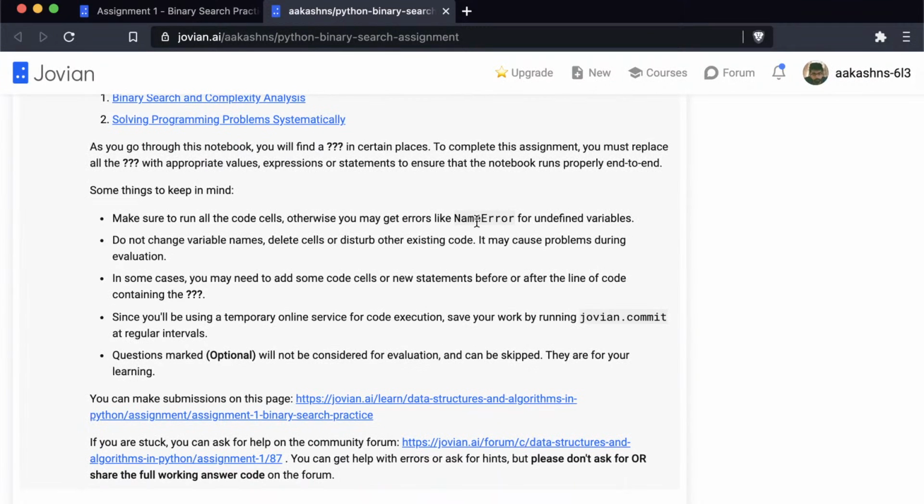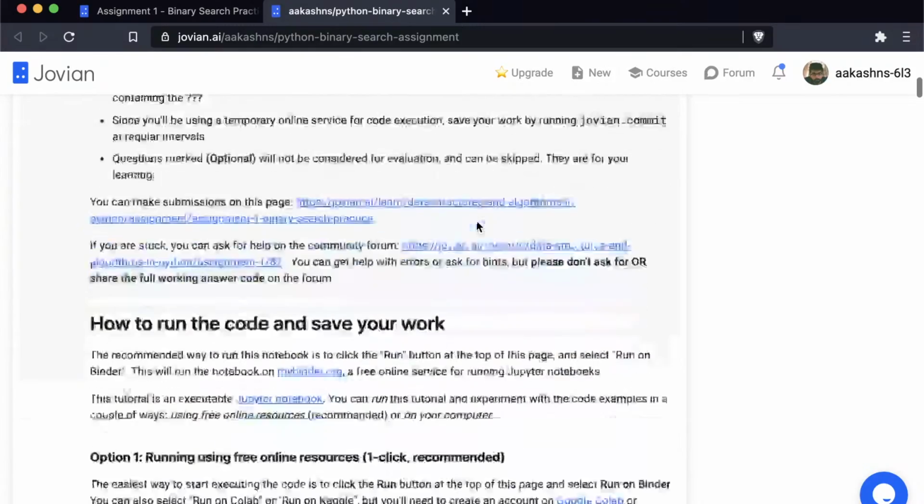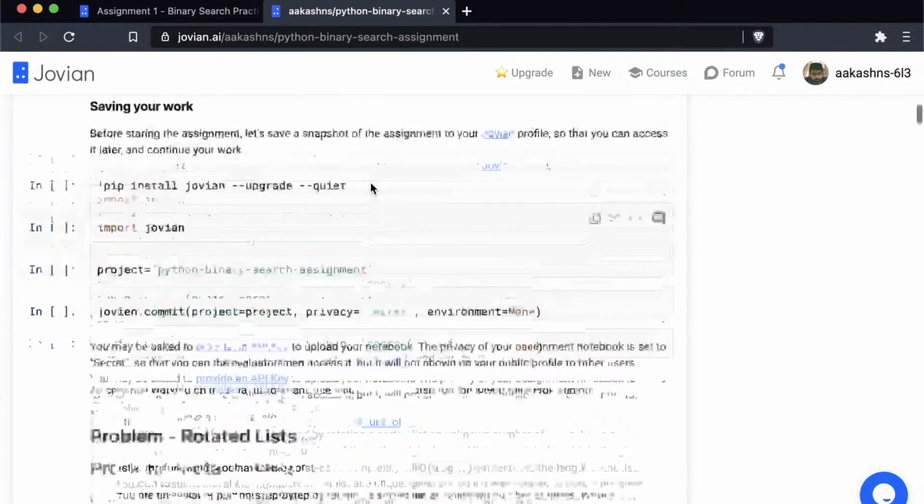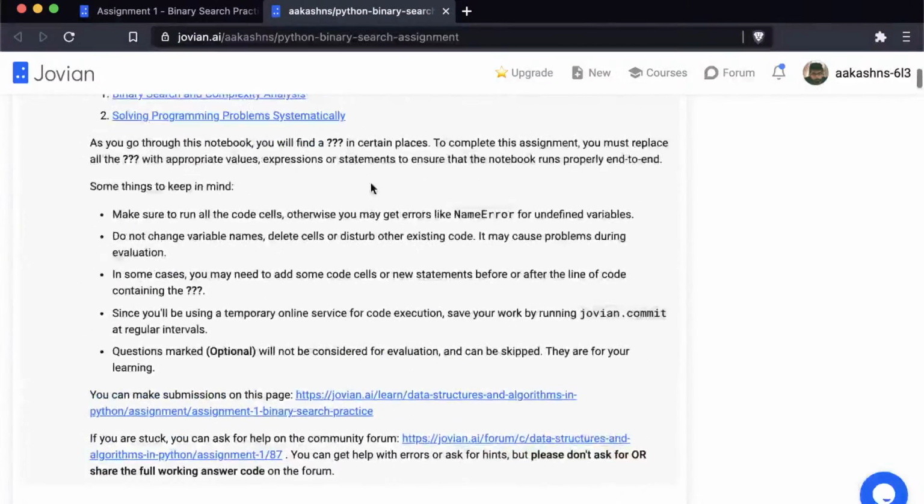Now this is a notebook you're looking at hosted on Jovian. You can see some description here, and if you scroll down below, you can also see some code. And you will need to execute this notebook, modify the code within it, and record a new version which you can then submit to see your score. So let's start reading through it.